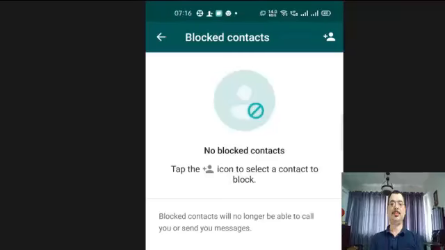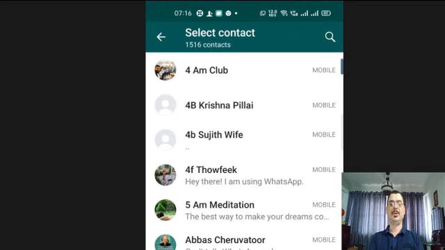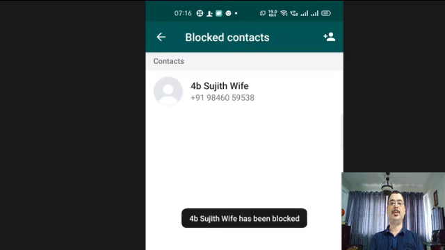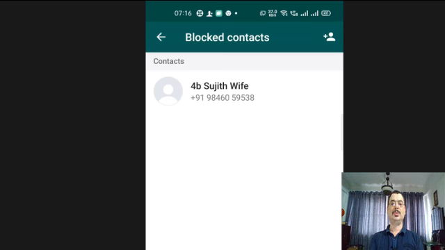And if you want to add somebody to the blocked contact list, there is an icon on the top right side. You can go and tap plus there, choose the contact you want to block, and once you add the contact, it will come in the blocked list so that they will not be able to interact with you or send you any messages.